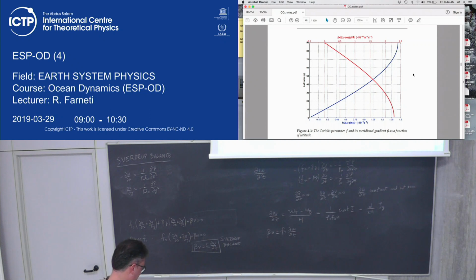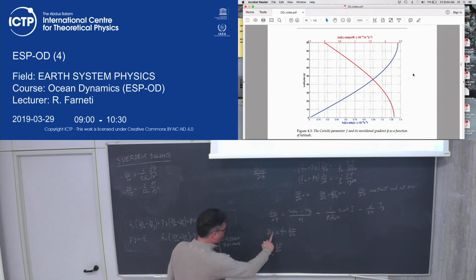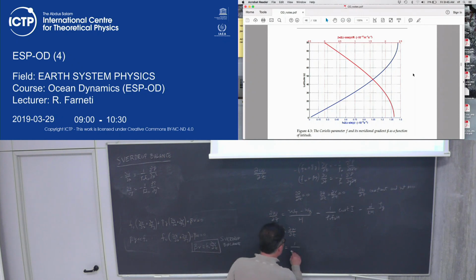Do the horizontal derivative of the velocities? I don't remember, let's see. So this is going to be beta. And what is V? V is 1 over rho naught f naught, dp by dx. Forget about this for a second, I don't remember why I did it. So you replace V with the geostrophic expression for the geostrophic meridional velocities, which is this, equal f naught, but we move f naught on the left hand side, so f naught squared. So dw by dz is 1 over rho naught f naught H, the curl of tau, minus